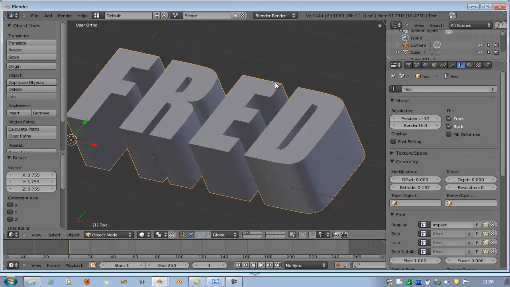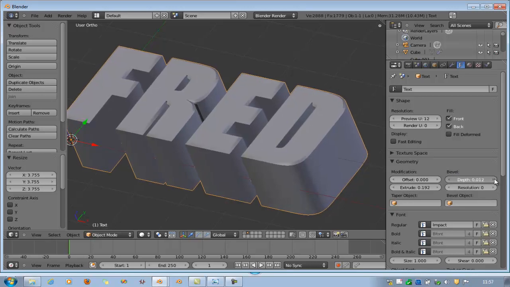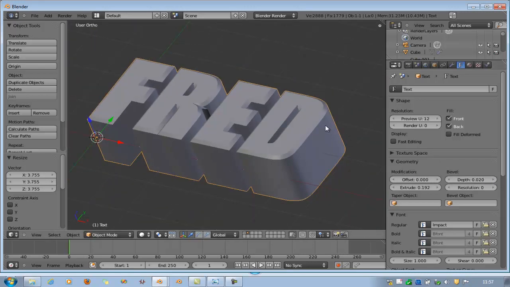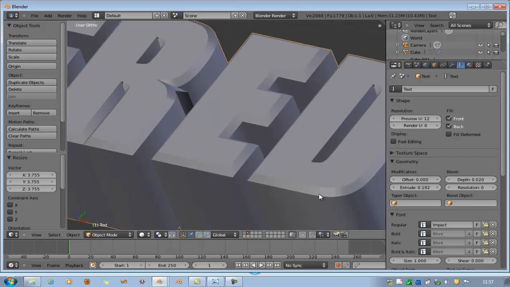The edges of the font look very straight. To give it more realistic and curvy edges, we go under the bevel and give it a depth. Okay, it's just beautiful. So if you find it too straight or too edgy, too beveled, you can